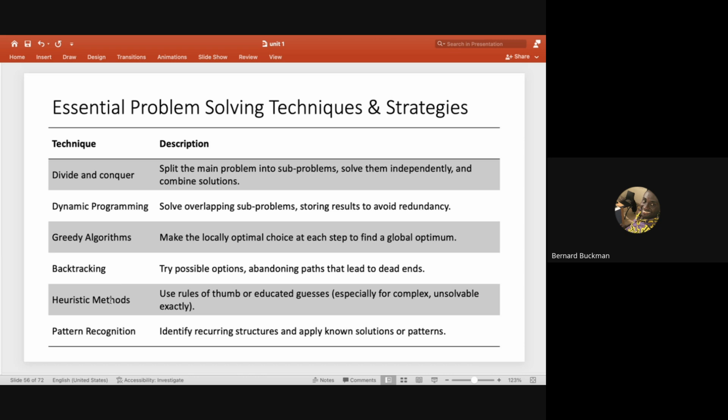And then heuristic is simply the kind of problem solving strategy where we have maybe something like an oracle, or we have pre-knowledge of the problem and the solution. And then pattern recognition has to do with what? Identifying certain structures in the solution space and using that to determine what the solution is.